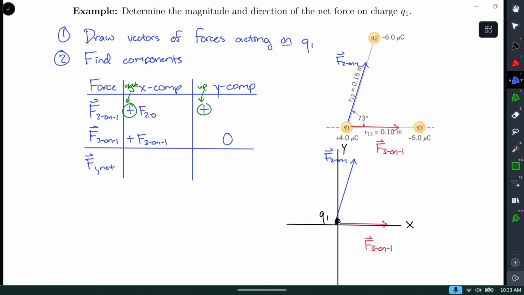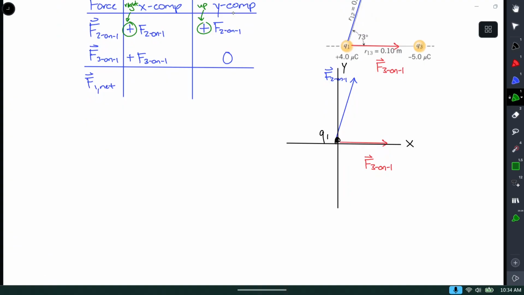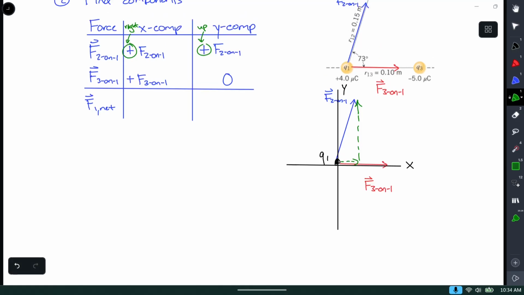So I think of it as it's going to be some fraction of F2 on 1, of the length of this vector. Some portion of it is in the x direction and some portion is in the y direction. I just have to figure out what portion. And to do that, I need to sketch in those components. So I'll do that down here. F2 on 1 points to the right, and it points up. And remember, to sketch in components, you're just saying I'm only allowed to draw arrows that point left or right